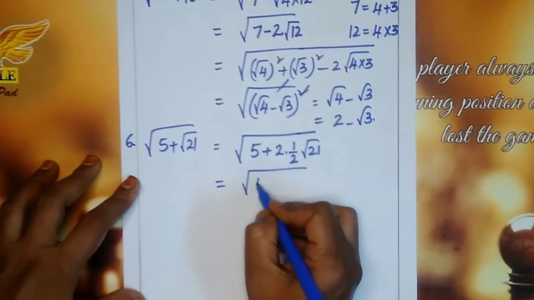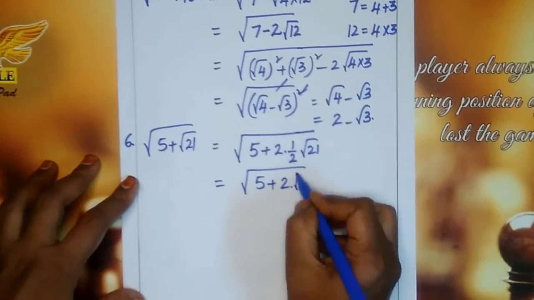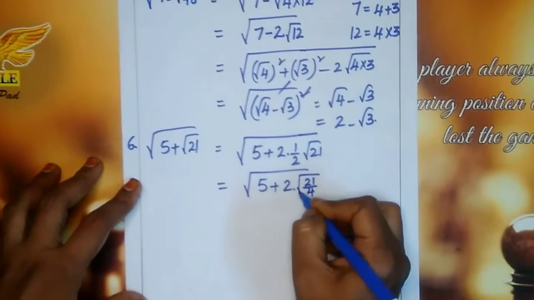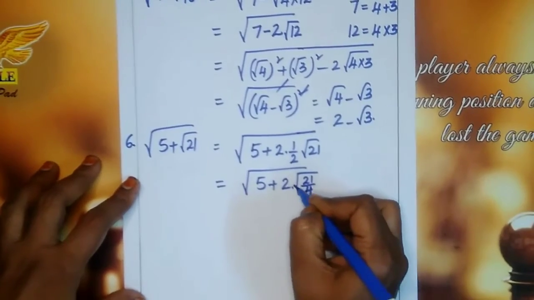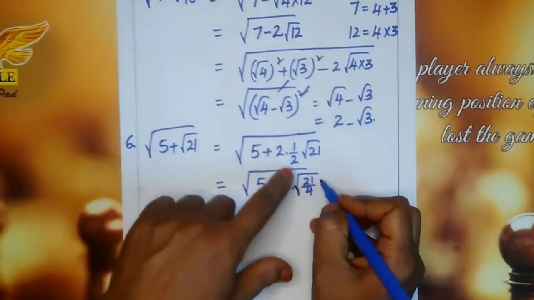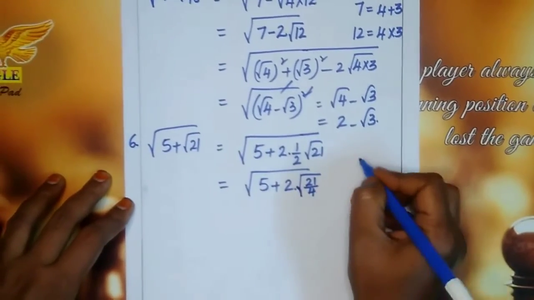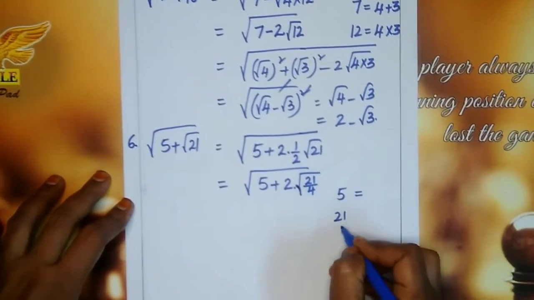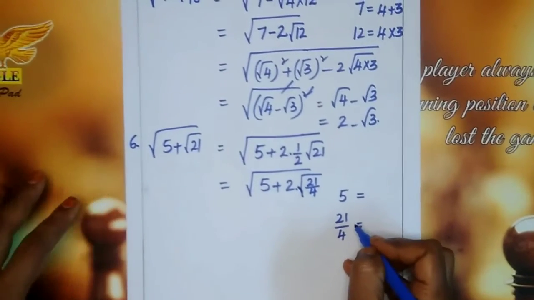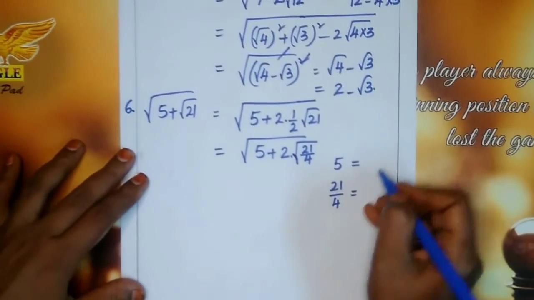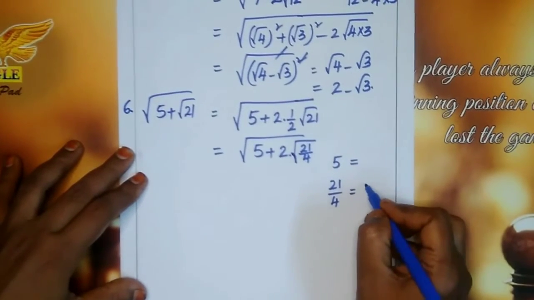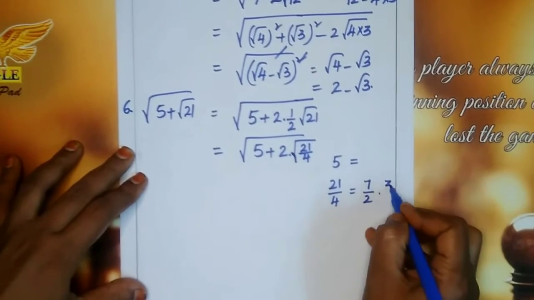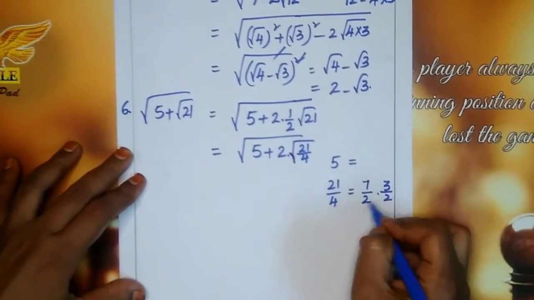Now what you have to do? 5 plus 2 into root of 1 by 2 will go inside. It becomes 1 by 4. That means when you are sending this number inside, it becomes square. So 2 becomes 4. Now you have to take any two numbers whose sum should be 5 and product should be 21 by 4. In that way, you have to choose two numbers. So I am taking, 21 is nothing but 7 3s, no. So I am writing 7 by 2 into 3 by 2. Okay. 7 3s are 21, 2 2s are 4.